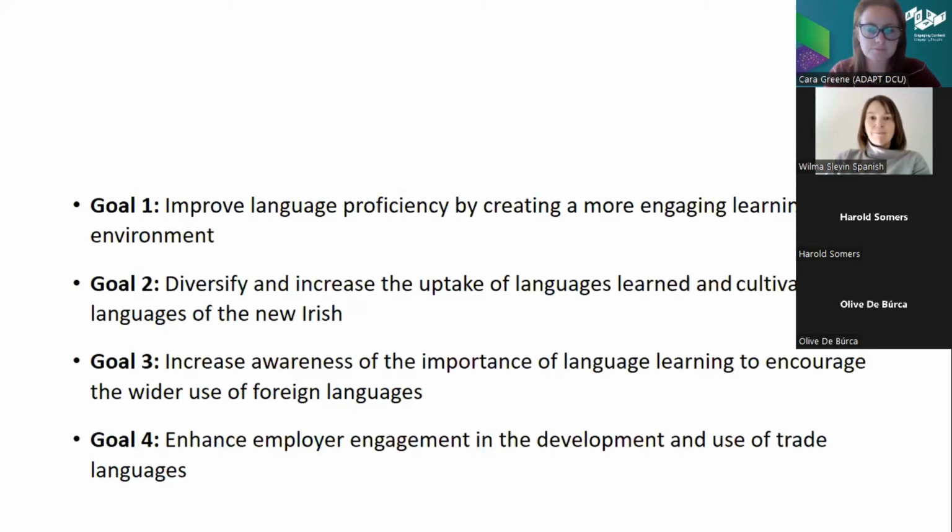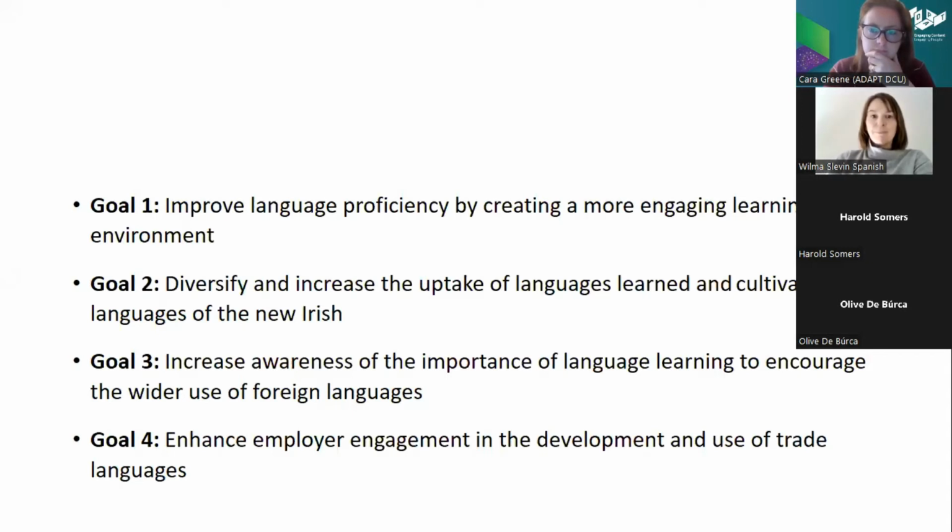Although I would like to stress, of course, that it is a known fact that knowledge of more than one language enhances critical thinking and problem solving. And this is the message that we would actually like to impart to students. And this is also the message that is at the heart of the government's foreign languages strategy. If we look at the 4 goals of this strategy, it becomes clear that the TY Linguistics module is an important step towards implementing the languages strategy.